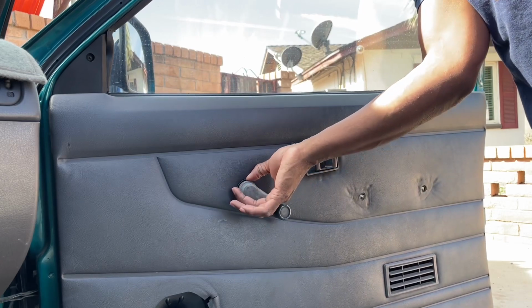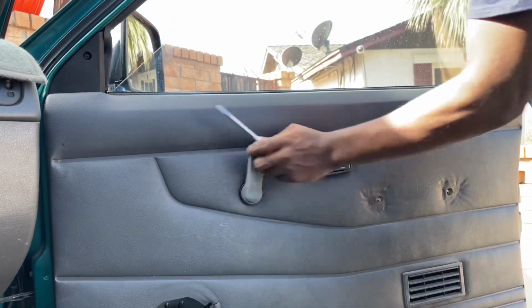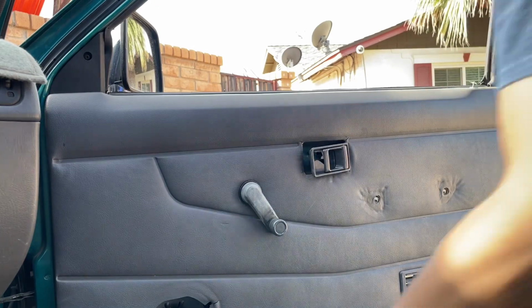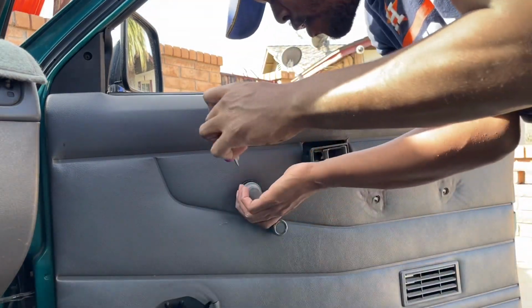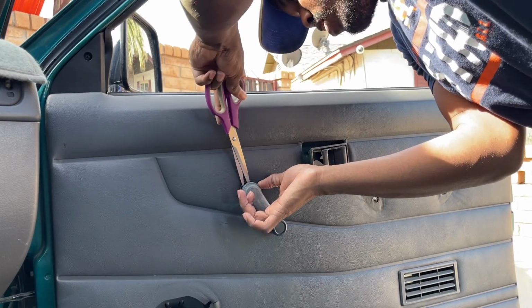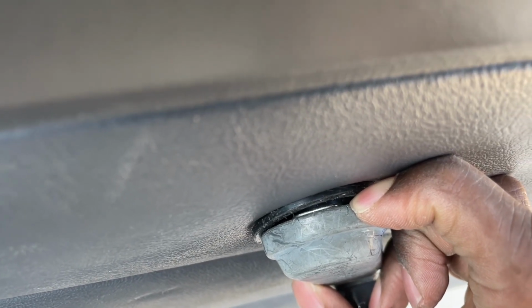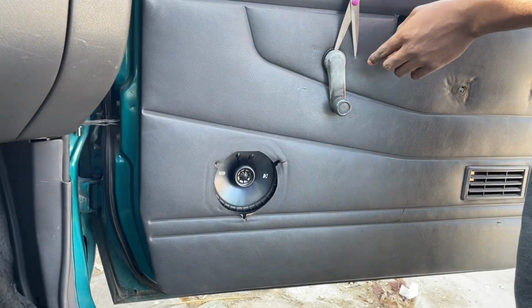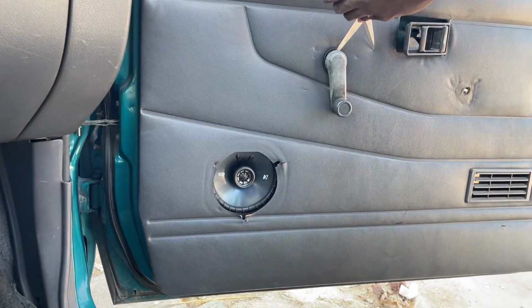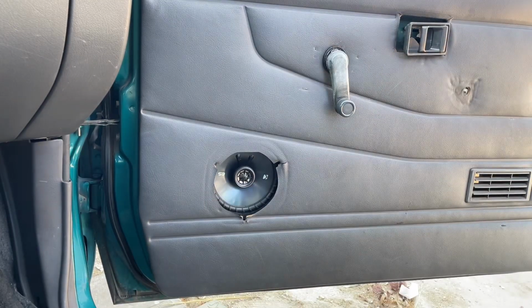Now this is tricky. Actually, you might need a smaller flathead for this to wind the window up. Oh yeah, another thing we gotta do is wind our window down, so make sure you wind your window down first. So now this piece here, you're gonna get a screwdriver. Not a screwdriver, scissors. All right guys, so as you can see that clip in there, you're just gonna pop that clip up. I got my scissors on the top here. Be careful not to stab holes. I already just stabbed 2 of them, but it's pulling that clip up. Okay, pulled the clip out,